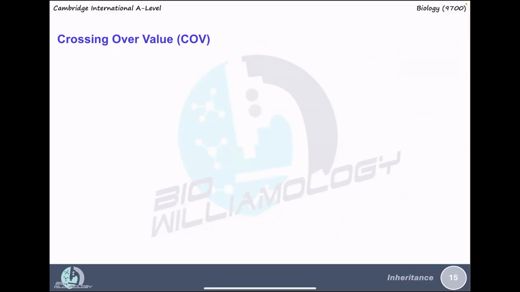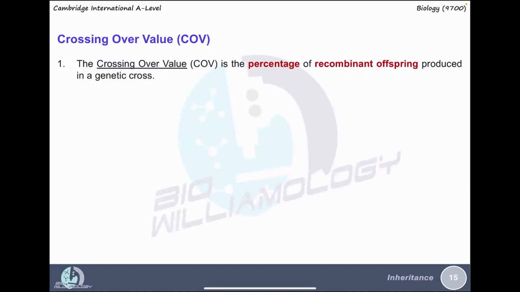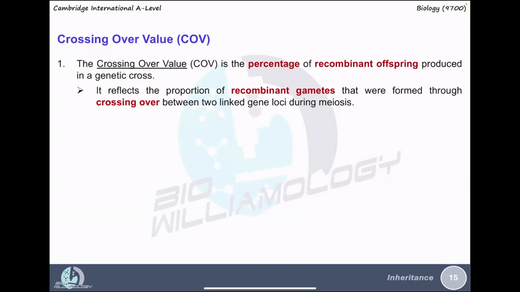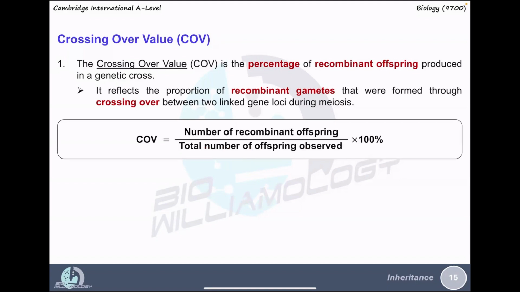So what is the crossing over value? The crossing over value is the percentage of recombinant offspring produced in a genetic cross. So it reflects the proportion of recombinant gametes that were formed through crossing over between two linked gene loci during meiosis, particularly prophase 1. So the formula to calculate this crossing over